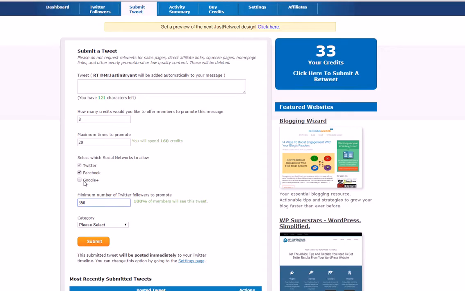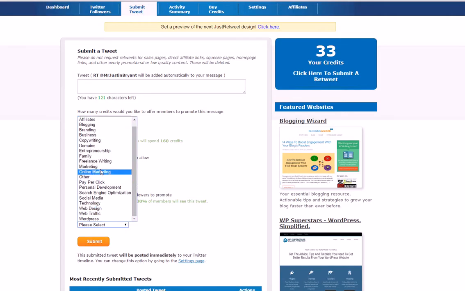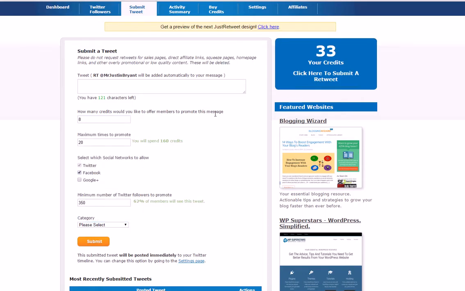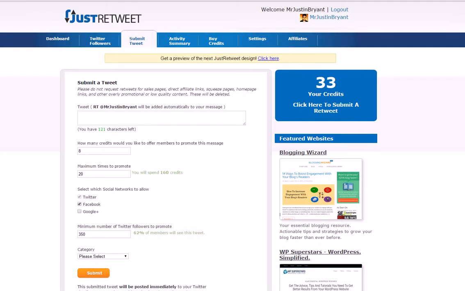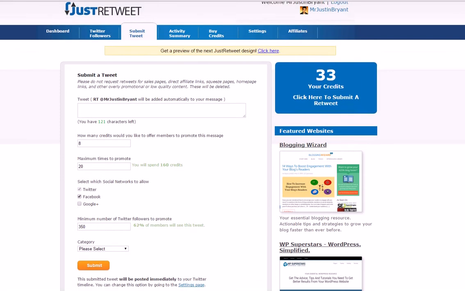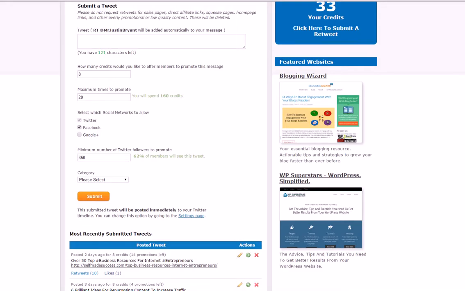So you'll get the most out of it. And then you just pick the category and submit. Okay, so it's all free. You make a free account with Just Retweet at justretweet.com, and you can use this to get a lot of Twitter, Facebook, and Google Plus shares and some traffic to whatever link you want.